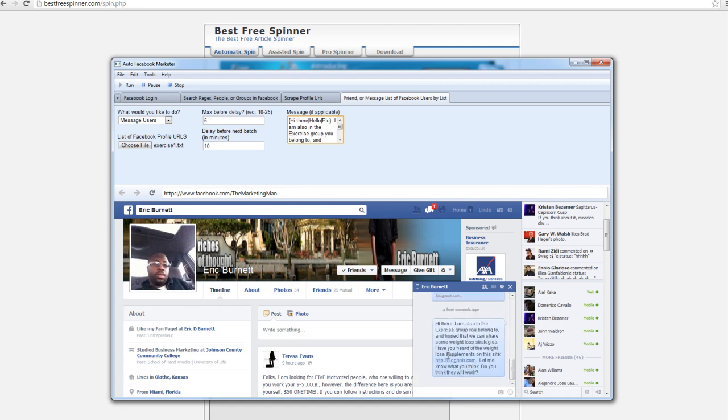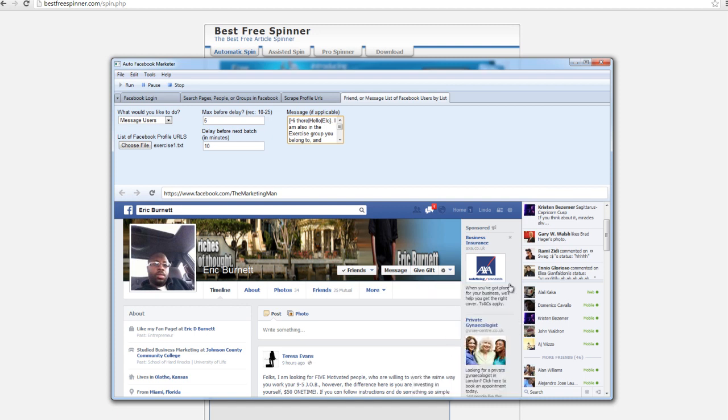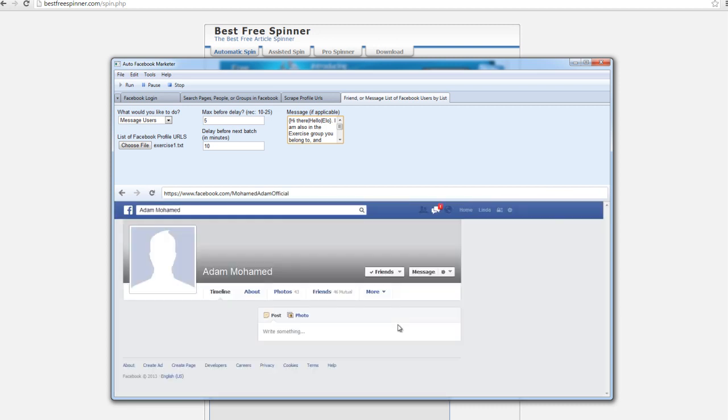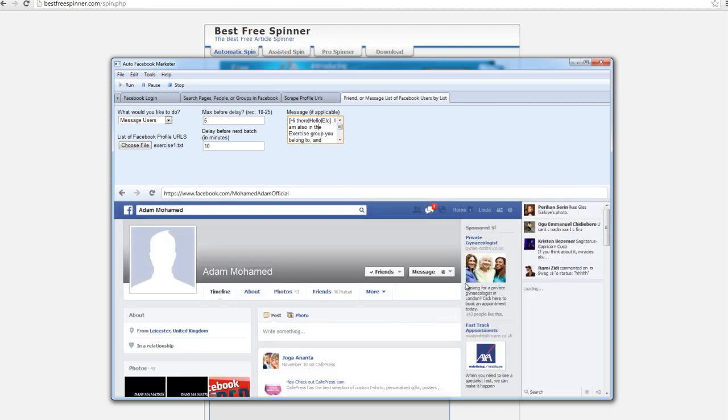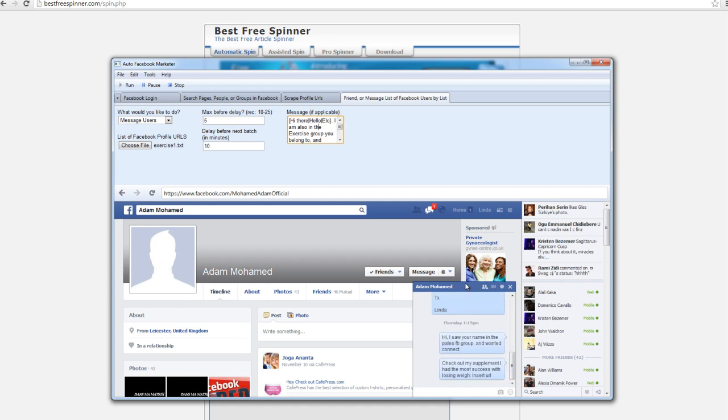And there you can see it typed in the message very quickly, it sent it, and it's going to the next person. You can see there are sometimes where it looks like the software is not working, it's simply pausing, it's got some random delays worked in to make it look more natural. Here you can see it brings up the next person, and it will also insert another message there,